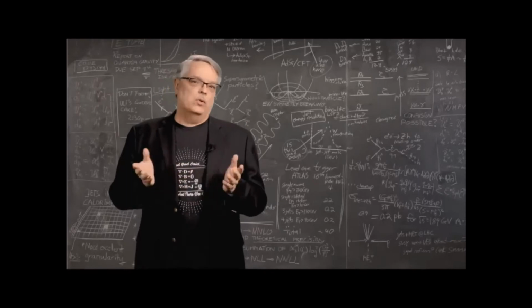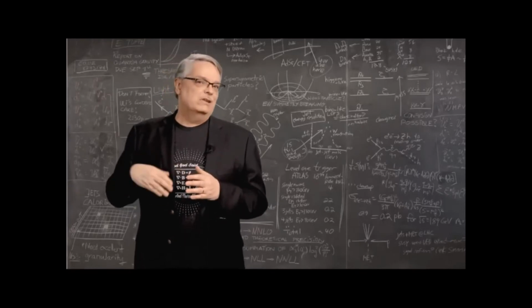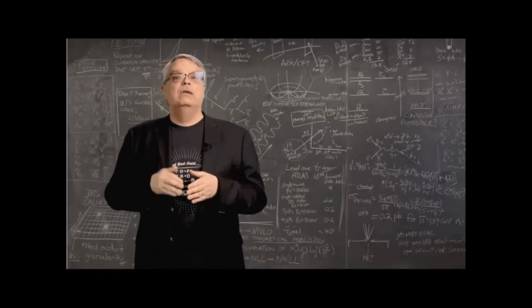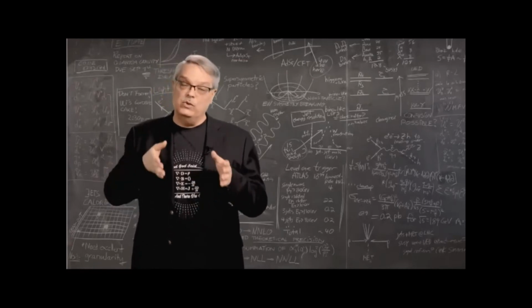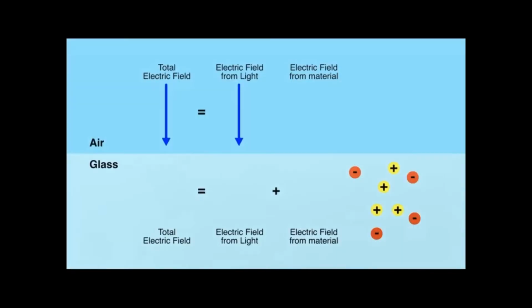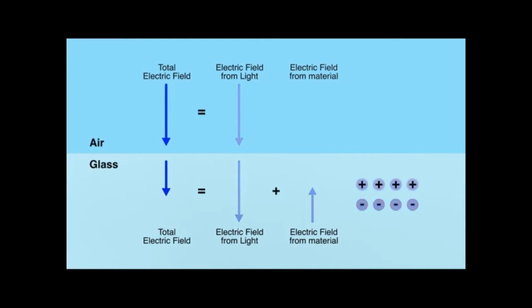Okay, what I just showed you is an equation thing. You're probably asking yourself what that epsilon actually physically means. It's there because of how the electric fields from the light interact with the matter in the glass. You start out with glass with no electric field in it. The glass has charges in it, but they're arranged in a random way. But when you send light in, you impose an electric field on it. That field makes the charges move around, which sets up a counterbalancing electric field from the charges. The result is that the electric field in the glass is lower than it is in air because the electric field from the glass is in the opposite direction. And this is the reason that the perpendicular electric field is lower in glass.